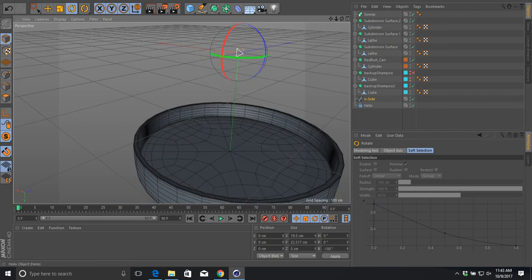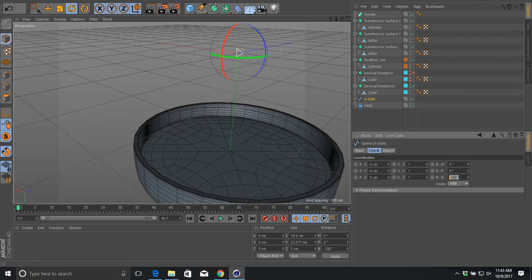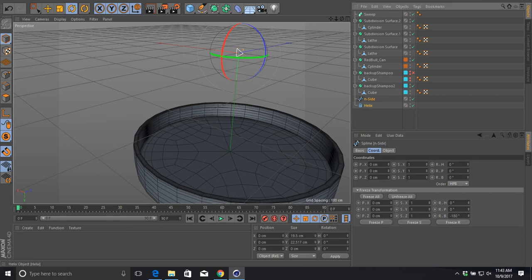With that selected, this object still has this rotation in there. The sweep, I believe, is getting rid of that. So it's basically eliminating that 180 and just resetting it back to 0. So what I need to do is go to freeze and say freeze all. Oops, freeze all. There you go. So now this is at 0. So now when I drop it in,